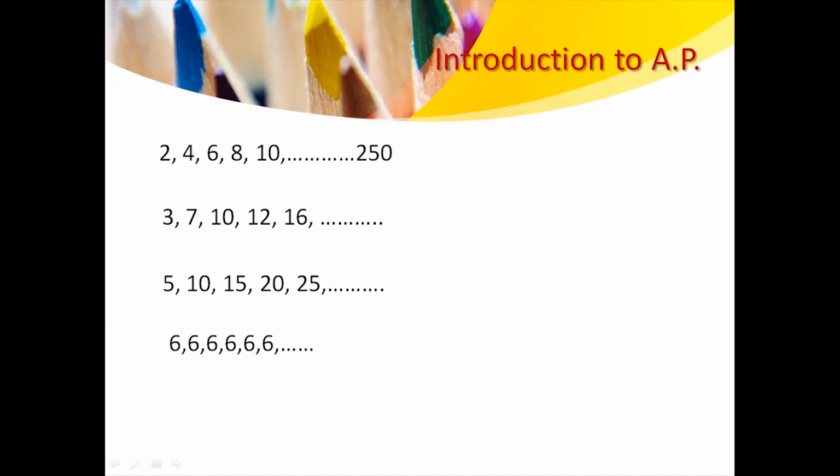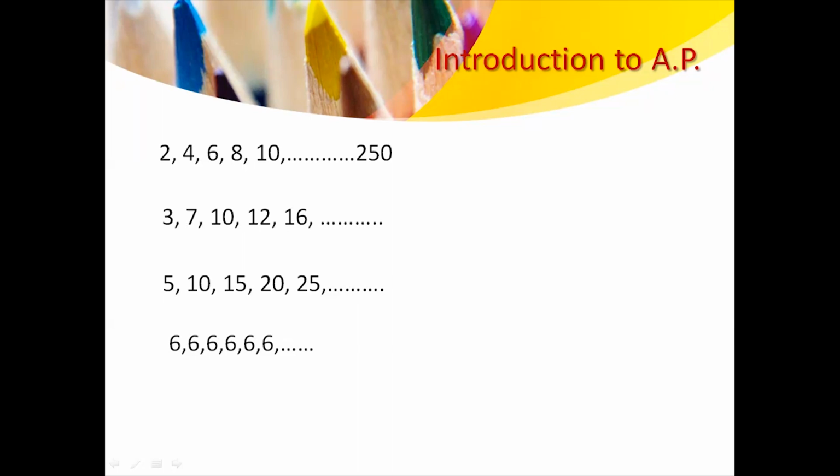Third 5, 10, 15, 20, 25 dot dot dot. Now if I see my first sequence, I know my last term. If I see my third sequence, I don't know what my last term is. The first one is a finite sequence and the third one is an infinite sequence. So here it's clear, if we know the last term, then it is a finite sequence, otherwise it will be an infinite sequence.